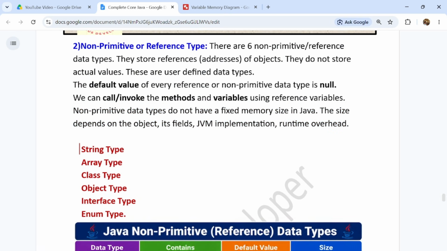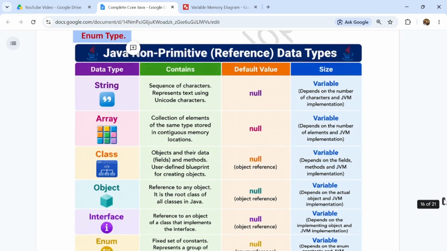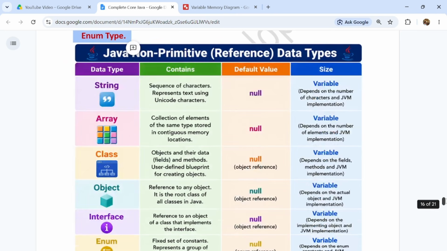So here are the examples of reference type or non-primitive data types, guys. String is there, array is there, class type is there, objects are there, interface type is there, enum type is there. So these are the 6 types of reference data types, guys. Here is the complete description of all the reference data types.